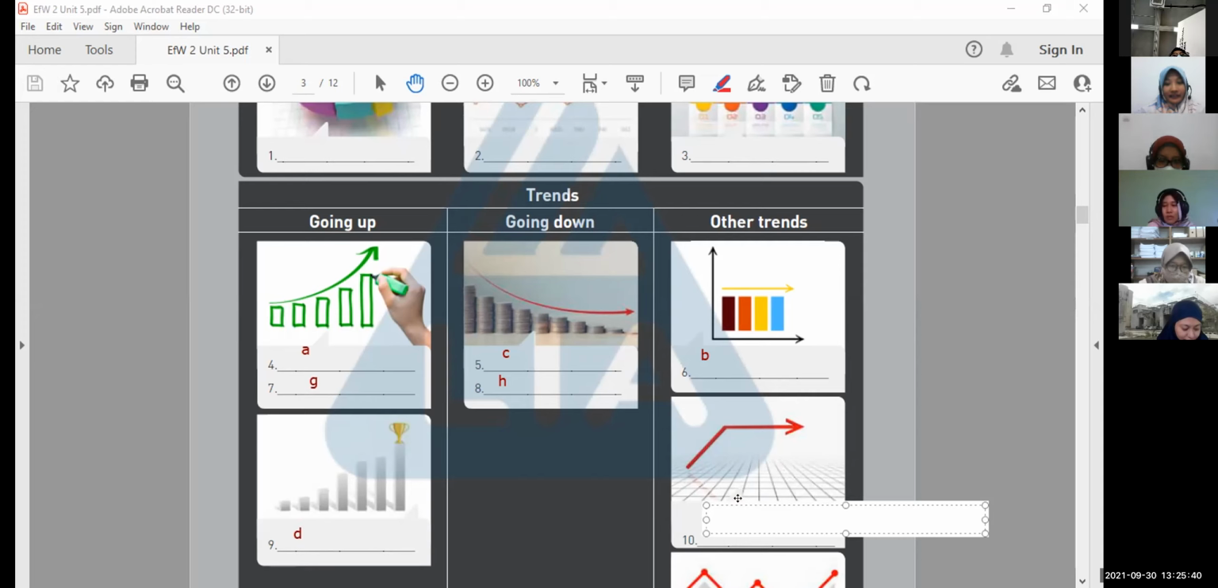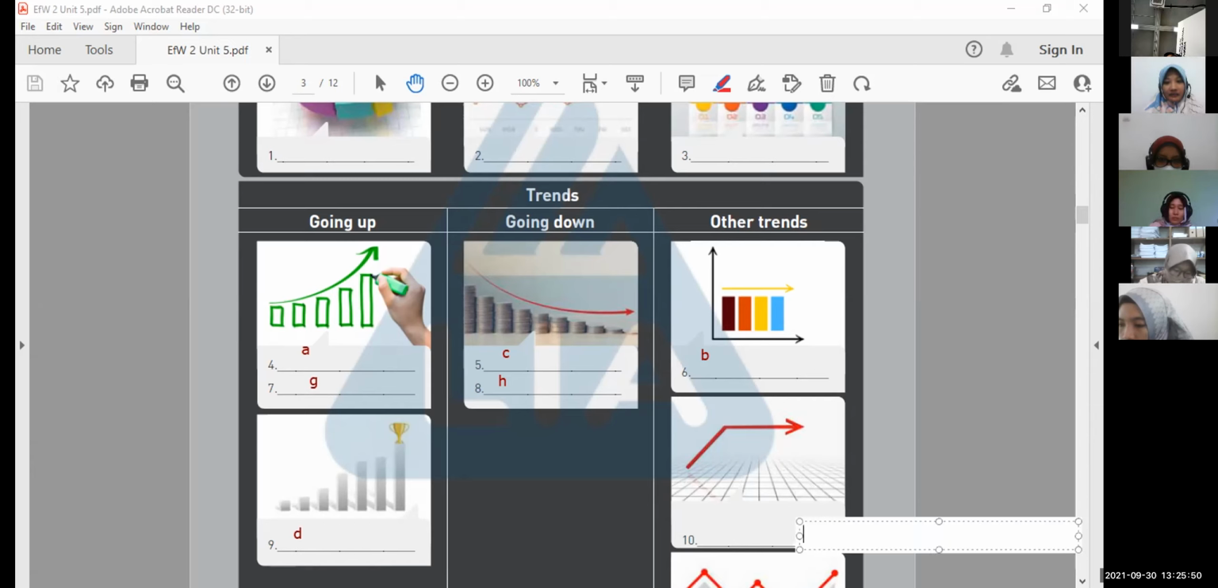Flatten. Flatten, very good. Flatten means flat like this. Okay, so it's just not going anywhere. Okay, number 10 is F, flatten. So number 11 is obviously a